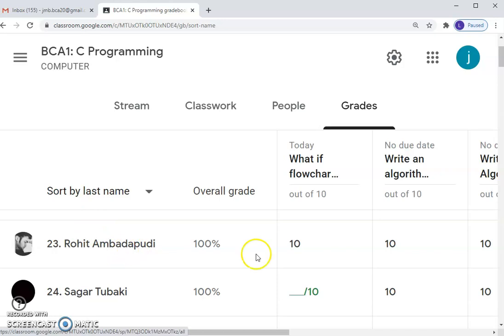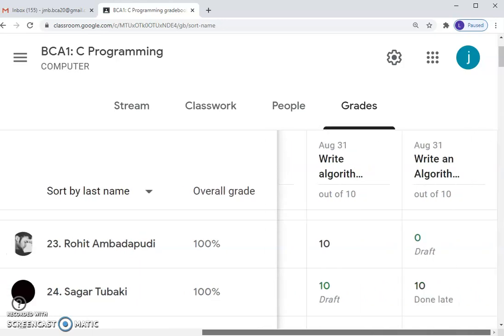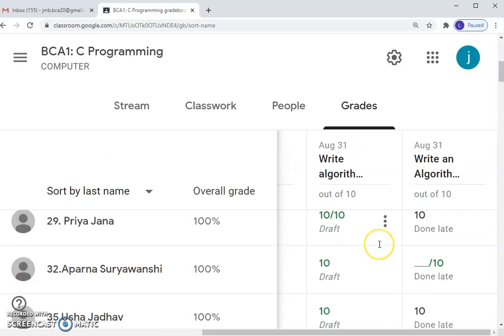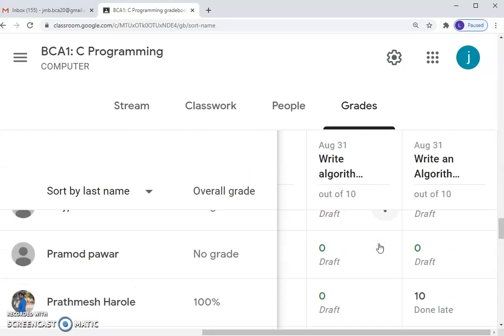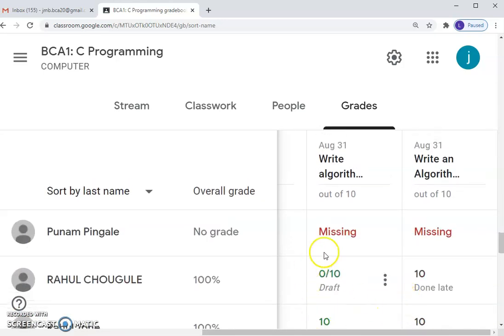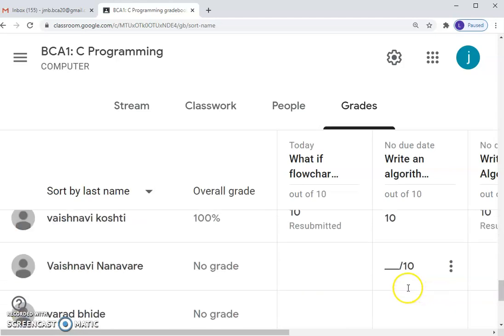Suppose I want to see one student: this assignment, what grade he has received after checking, and whether any assignment is due. All those details we can see. If some assignment is missing, Missing will be displayed under that assignment. See, this student has not completed this assignment, so it is displayed as missing, and wherever they have completed, you will see the grade they have received for that assignment.